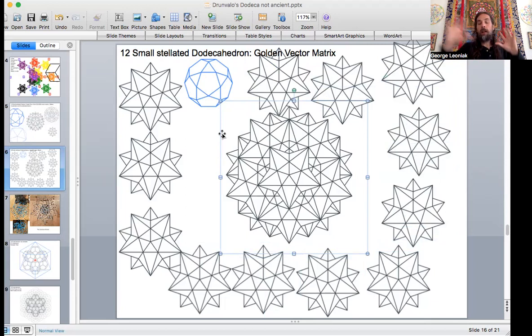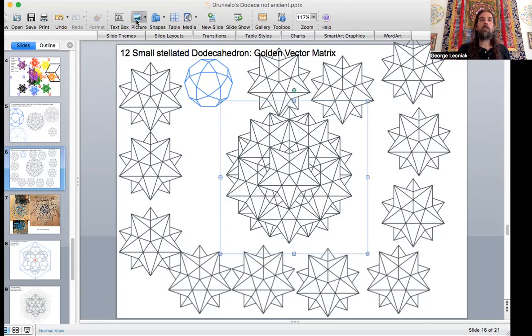And that is going to replicate in a lot of different places, because this now is not just a one-off. You can build this all over the place. And that's why this is a golden vector matrix rather than just being a kind of isolated one-point expansion. And that's the point I wanted to make with those infinite expanding diagrams. They all look like they're coming from one point, but really each of these could be an infinite expansion point.